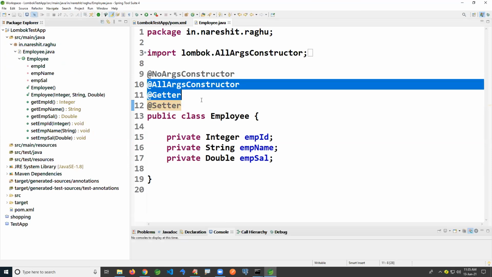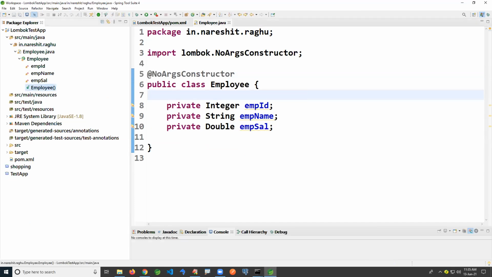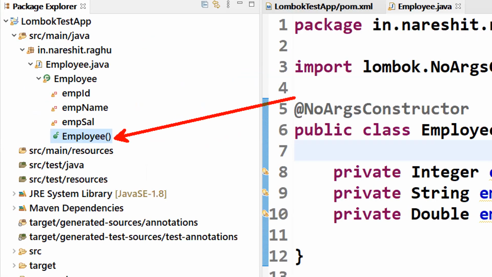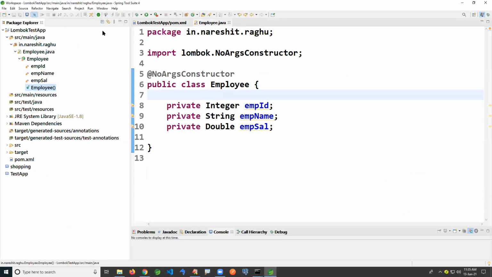Let us start with the beginning: NoArgsConstructor. Look at it. When you write NoArgsConstructor on a class, it will generate a default constructor. You might know this core Java point: if you don't write any constructor, the Java compiler provides one.